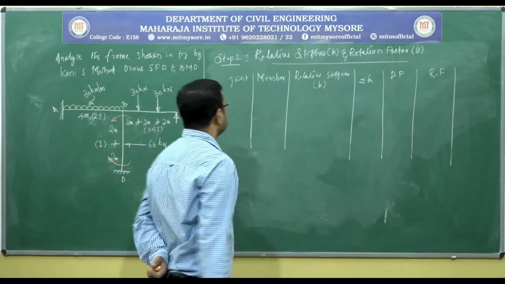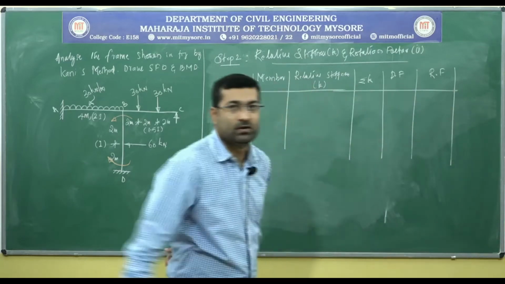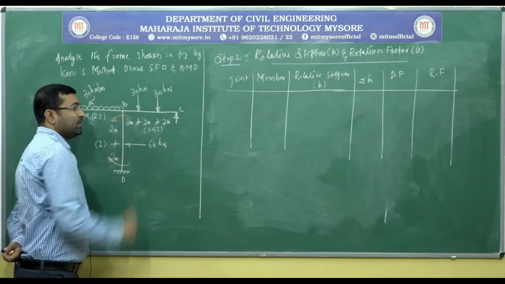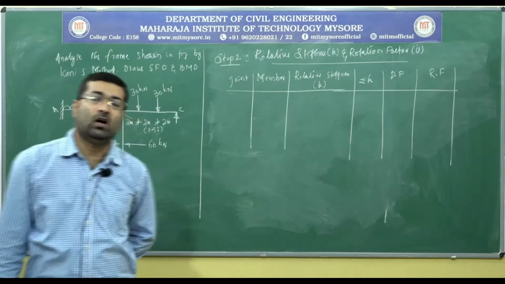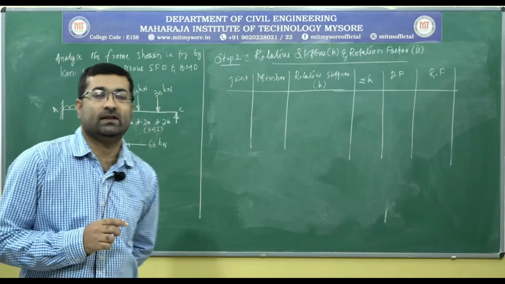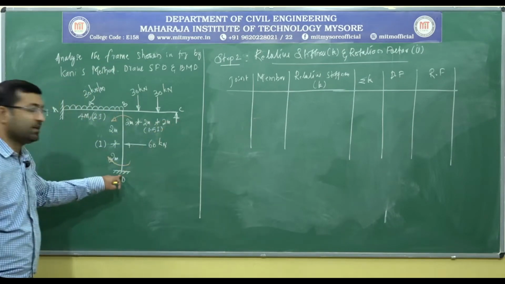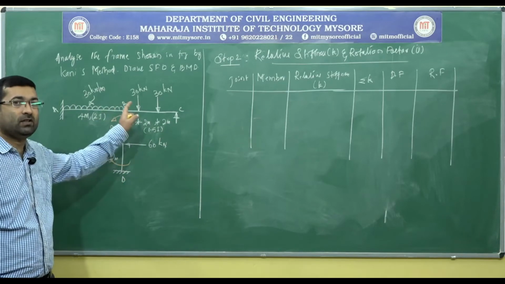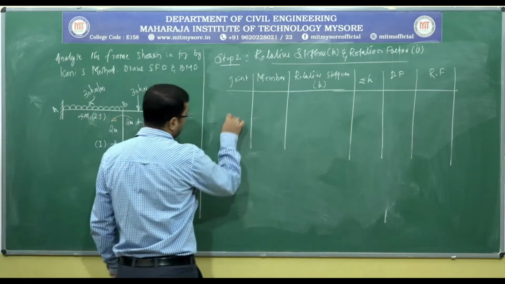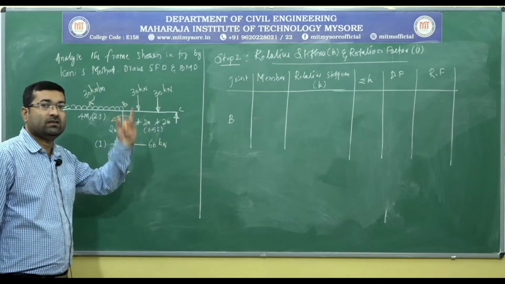Okay. So here for this given problem or the given structure, you can see we have only one intermediate joint, that is joint B. All the other three are end joints. So this is end A, this is end C, and this is end D. We have only one intermediate joint for which we need to calculate the rotation factors. So I will note that we have only one joint B. But here for this one joint we have three members.